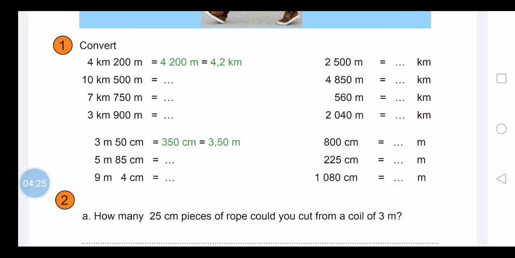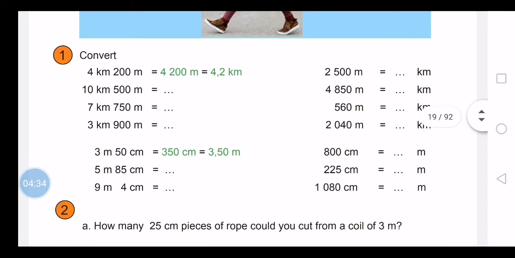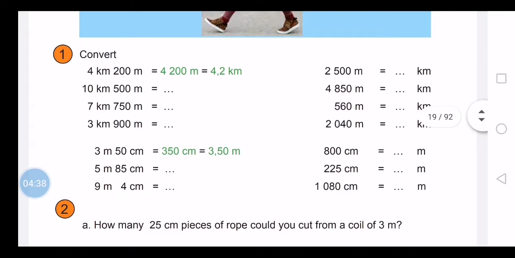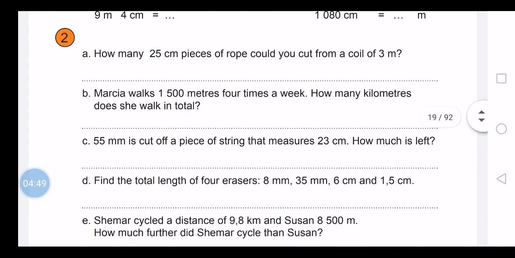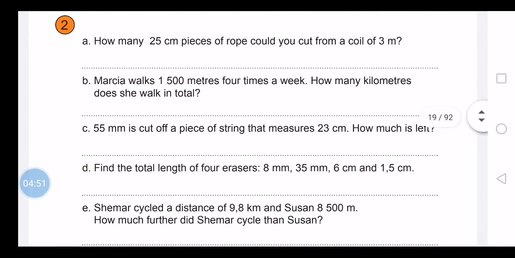So the first column we're converting from kilometers to meters, and then over to the right we're doing the opposite. We're converting from meters to kilometers. Okay, you can use your decimal points there. And then underneath we're converting from meters and centimeters to centimeters, and then on the other side from centimeters back to meters. And then number 2, you have a number of word problems that you just need to think about,